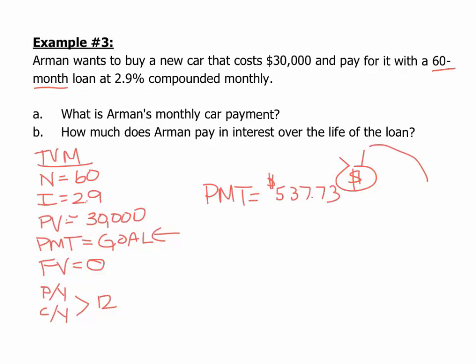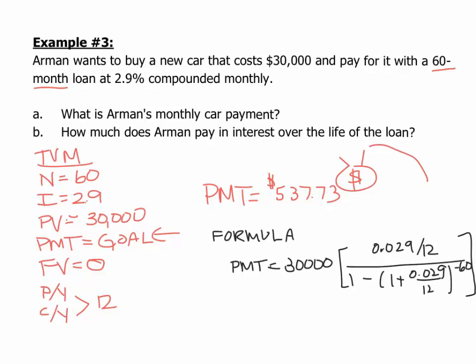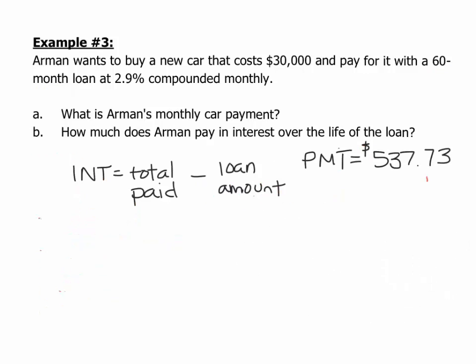We're going to get a payment of $537.73. If you want to use the formula, this is what it's going to look like. Either way, the payment should be the same. Let's answer part B now. Our payment was